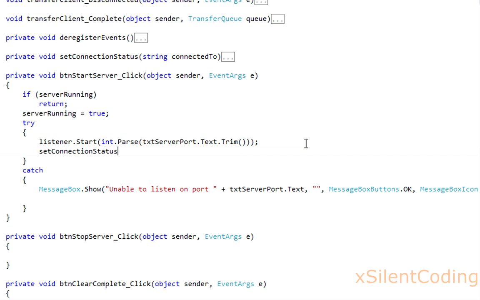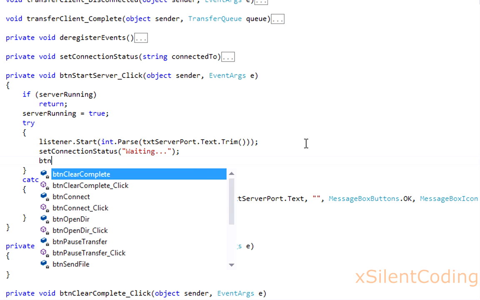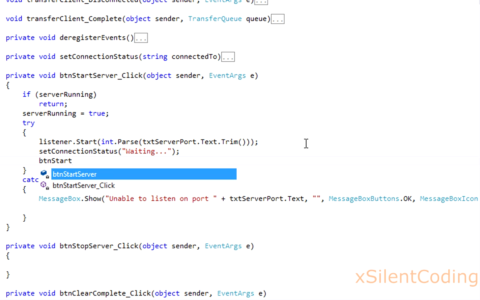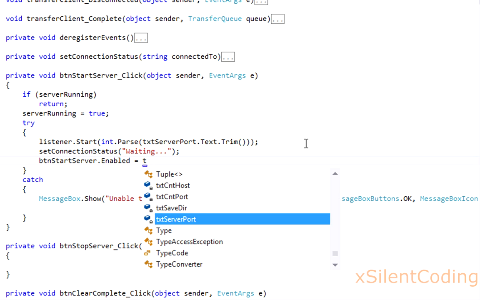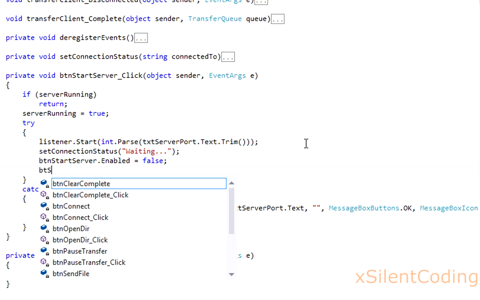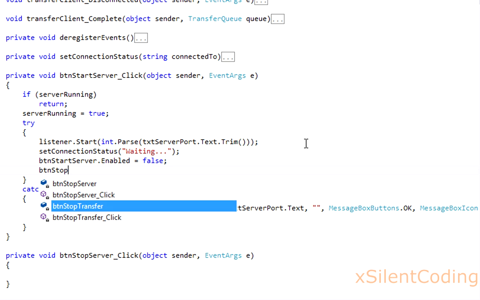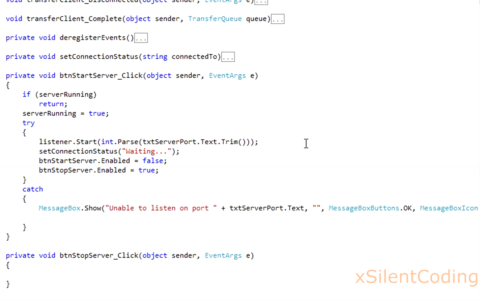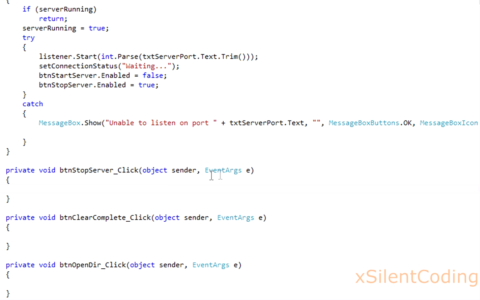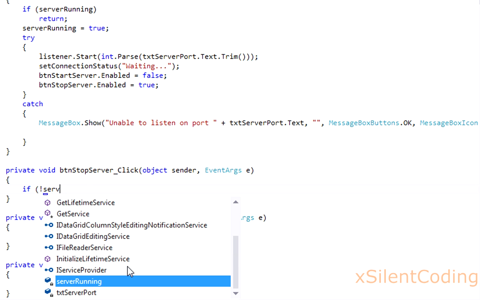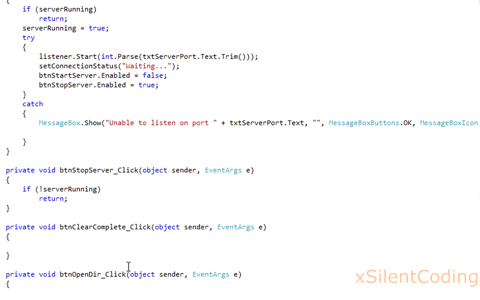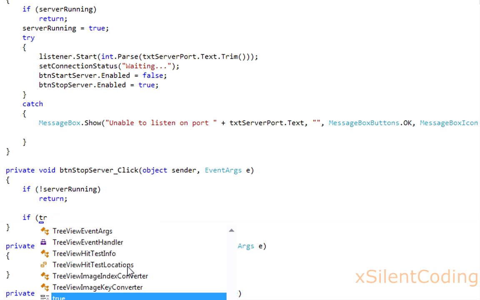Okay, now let's add set connection status waiting. btn start server dot enabled equals false, btn stop server dot enabled equals true, and our stop code, if not server running, return, if transfer client